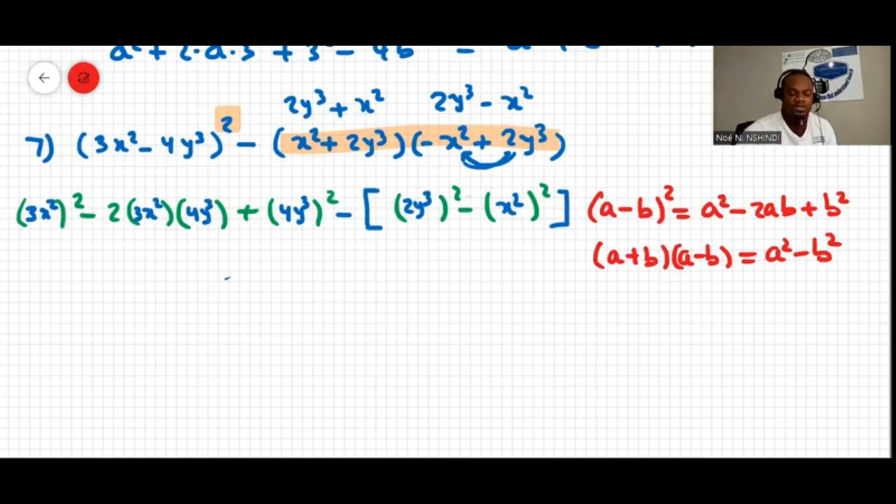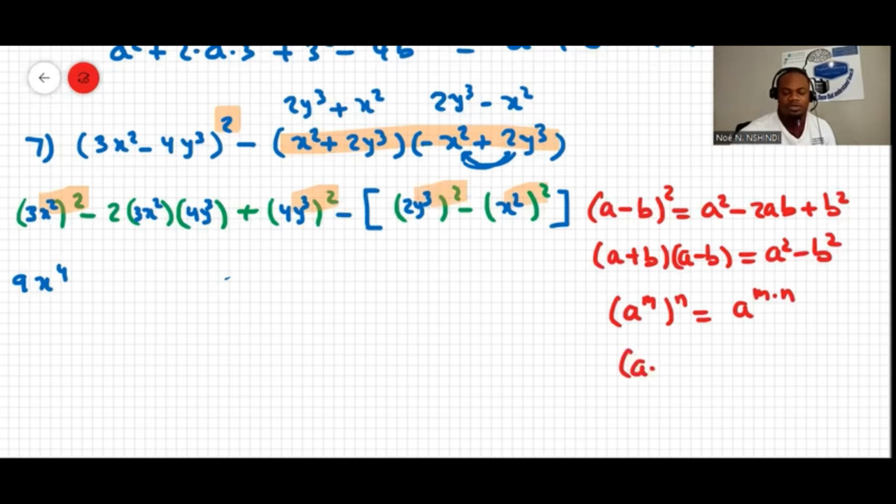Now let's work it out. Remember the law of exponents says a to the m raised to the power of n is equal to a to the m times n. So over here we multiply the exponents, and there also we multiply exponents. So this will be not 6 but 9x to the power of 4, because the power of 2